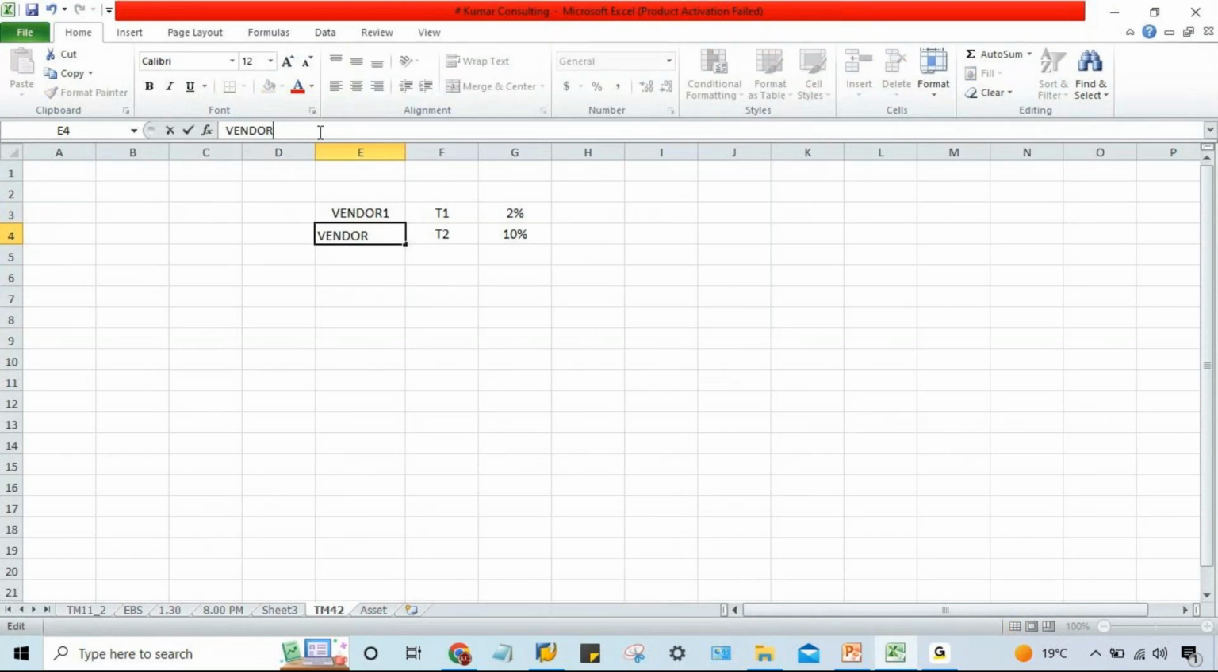Then we are having vendor two. Two different vendors are there, right? And likewise, thousands of vendors are there, right? And different percentages will be there. Now the question is,